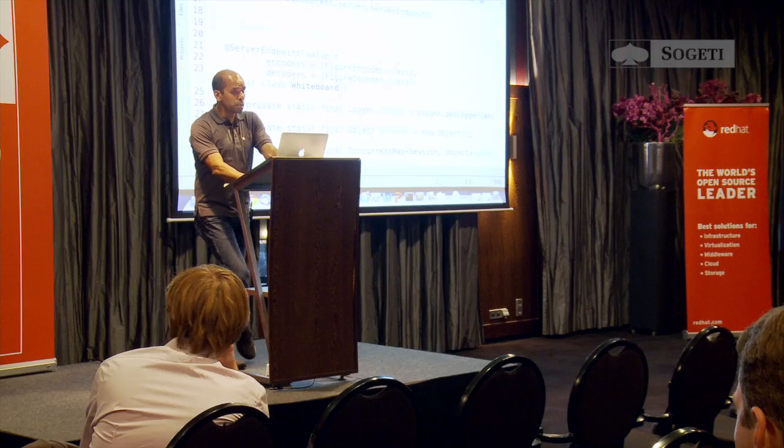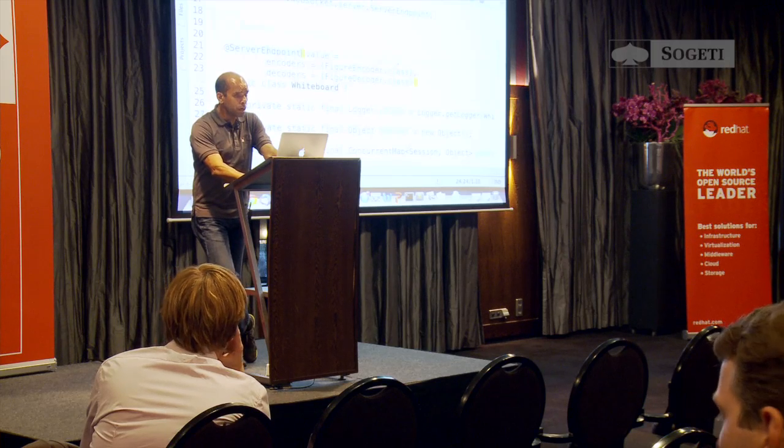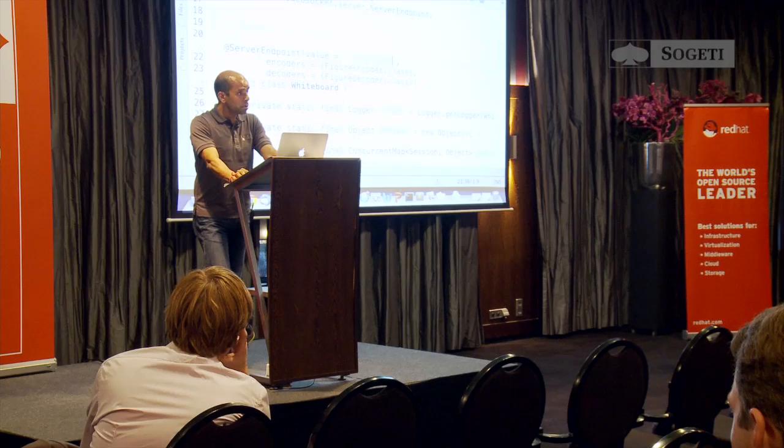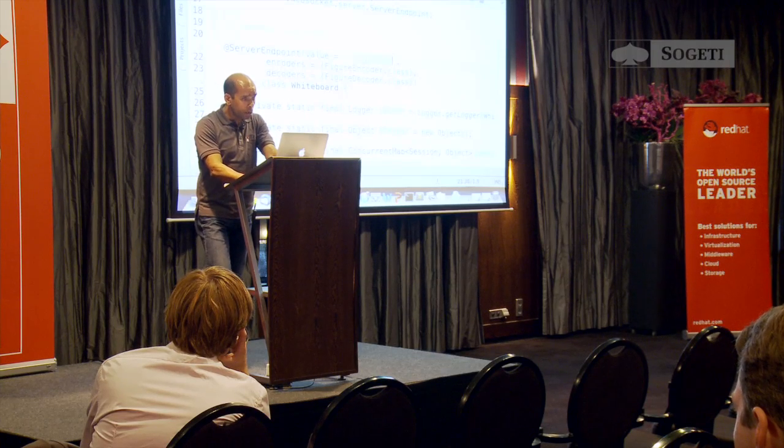So this is my POJO once again. On the POJO, I put an annotation saying, okay, this is listening at /WebSocket. Now, I'm receiving the data as JSON, but I may not want to deal with JSON. I may want to deal with my business domain object. So like figure is my business object, and that's the one I may want to deal with. So I can additionally specify encoders and decoders here.